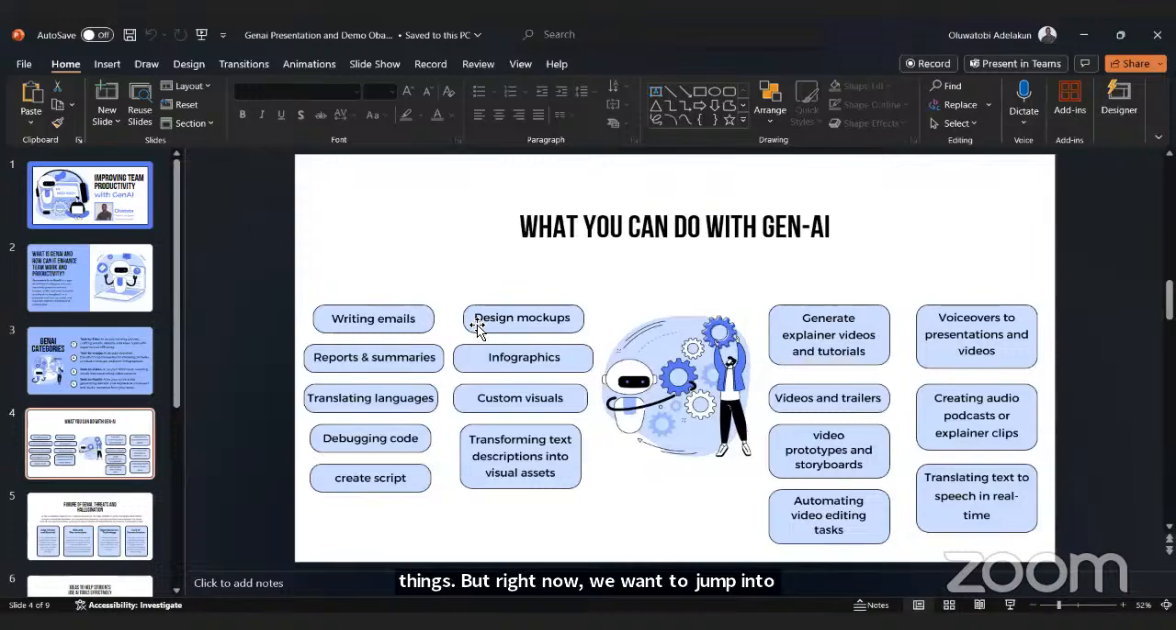So we want to leave text-based generative AIs for now. We want to move into image generators right now. So for the image generation, you can design mock-up infographics, custom visuals, transform text description into visual assets. So I'm using the popular